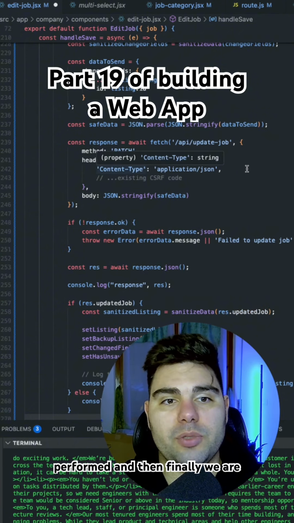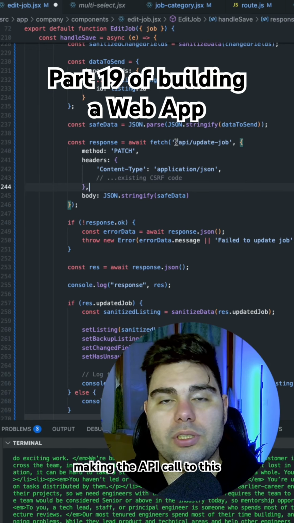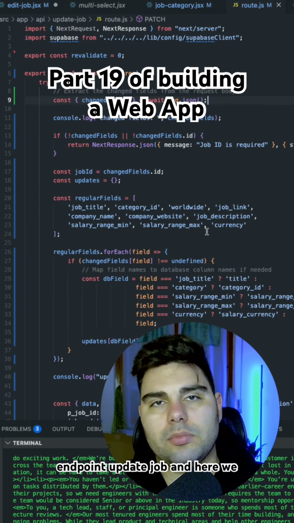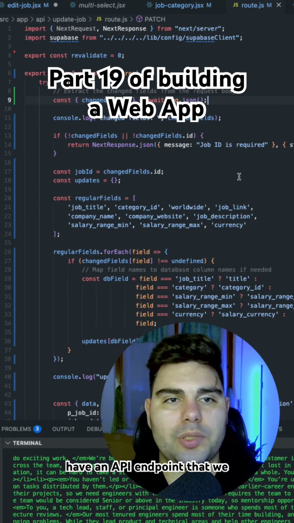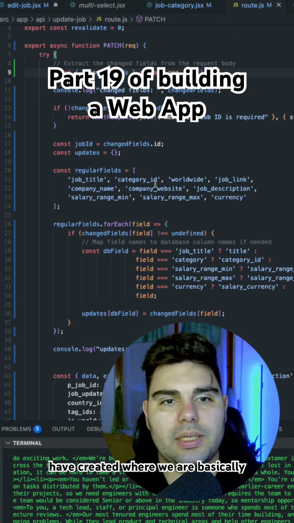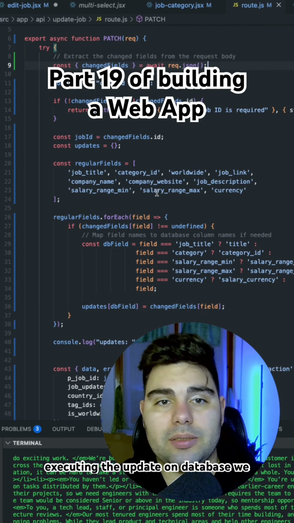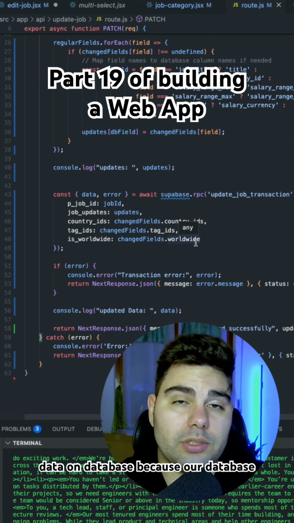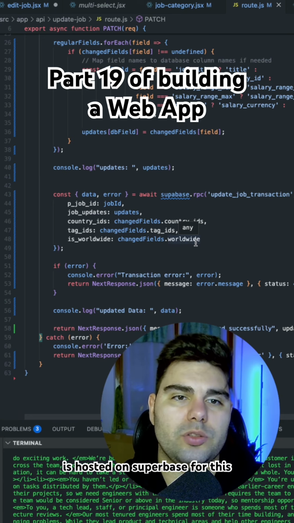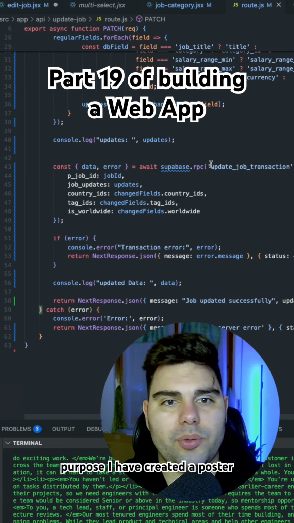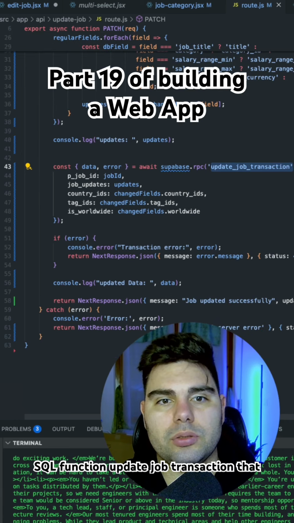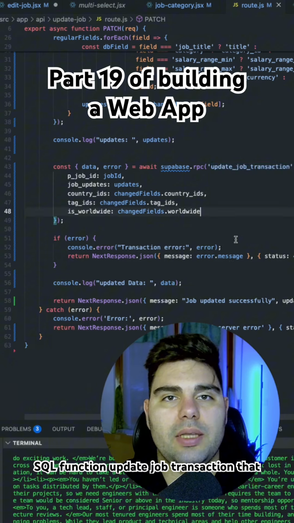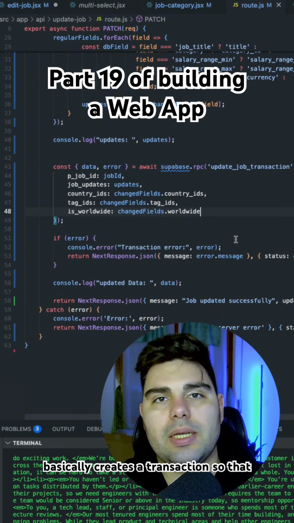And then finally, we are making the API call to this endpoint, update job. And here we have an API endpoint that we have created where we are basically executing the update on database. We are using Supabase.js to update the data on database because our database is hosted on Supabase. For this purpose, I have created a PostgreSQL function, update job transaction, that basically creates a transaction so that if